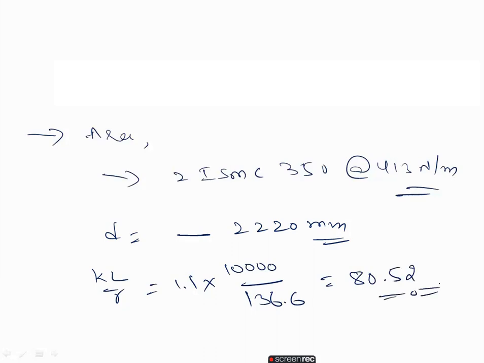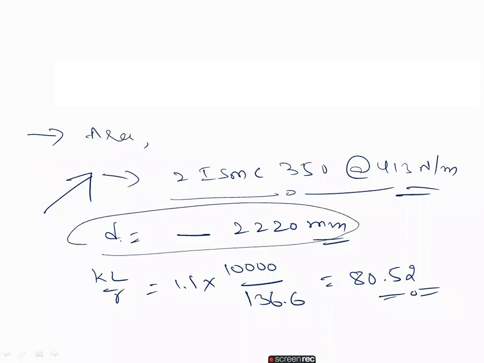While designing the battened column, I am not explaining this here, because yesterday's class we already discussed the column. You have to again calculate the area and choose the ISMC section. After that, you have to calculate the spacing between the channels, that is the D value. Up to this, you have to follow yesterday's class only, the same way of designing.